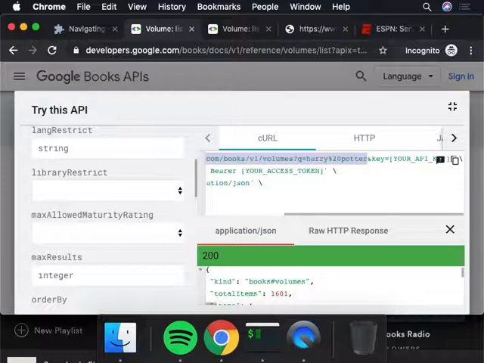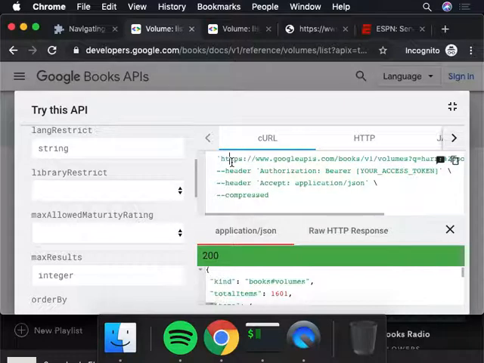Right, so I'm going to type in a book. Now just copy the top line.